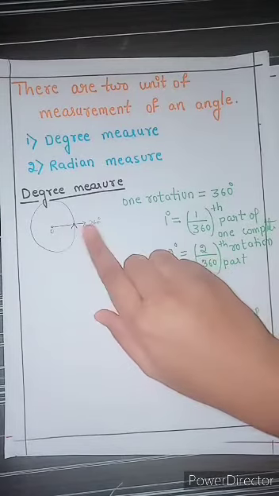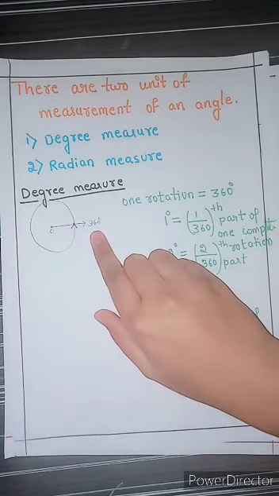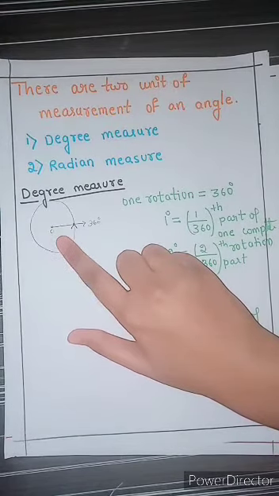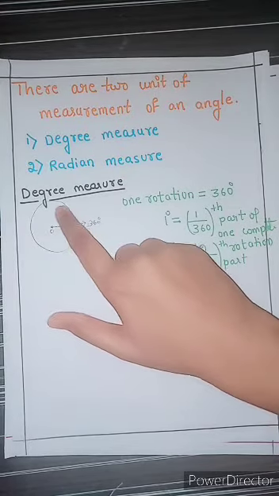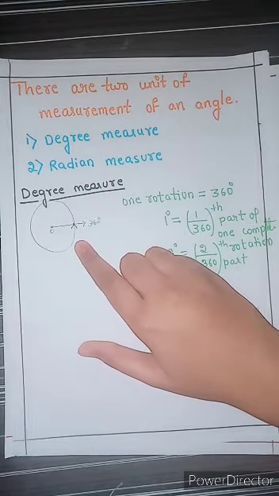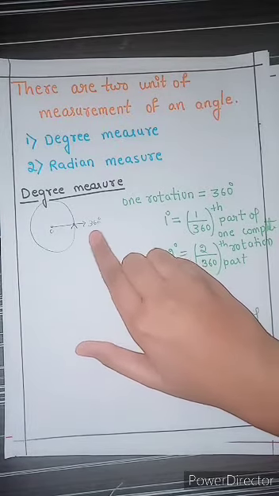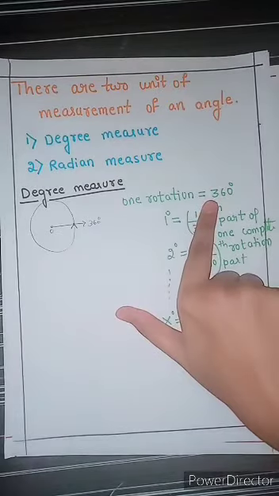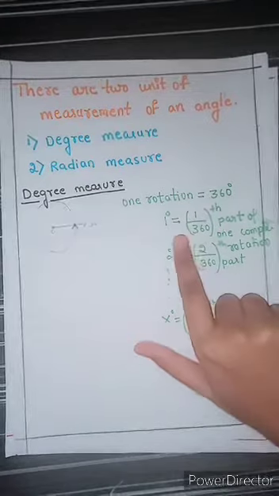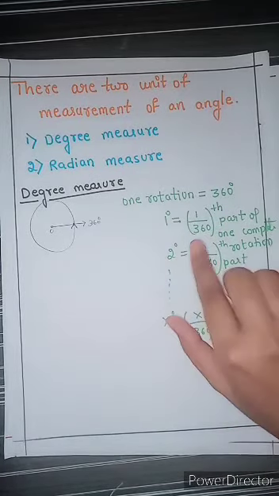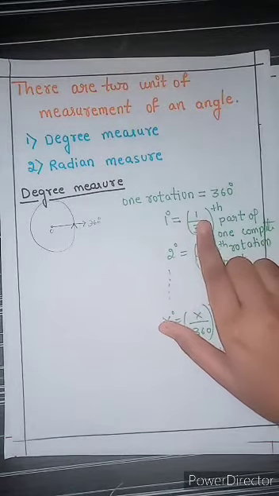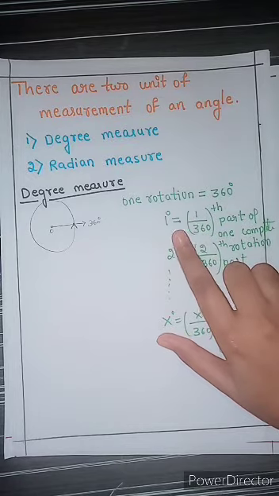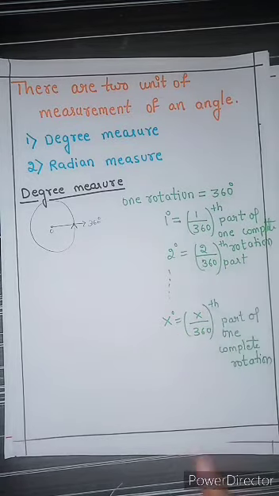So here one rotation is 360 degrees. As you all know, rotation has a central point that stays fixed and everything else moves around that point in a circle. A full rotation is 360 degrees. So now one rotation is 360 degrees, right? That means we will divide the one rotation into 360 equal parts, and each part will be 1 degree.